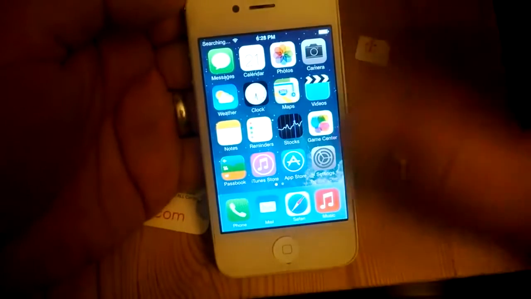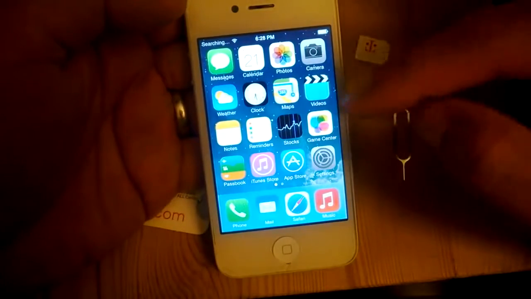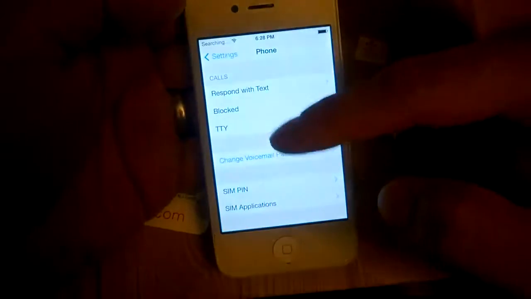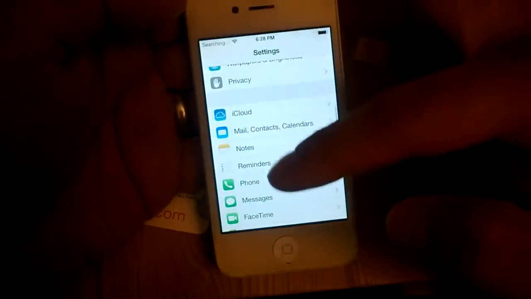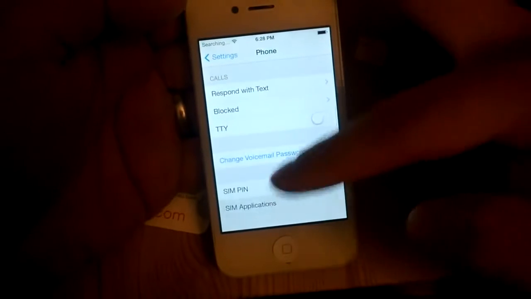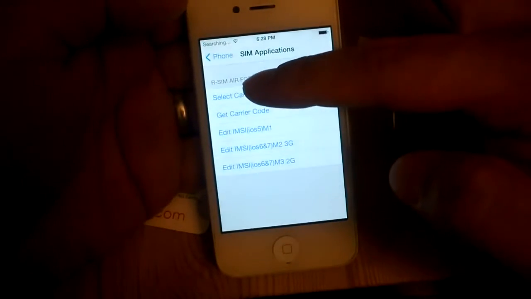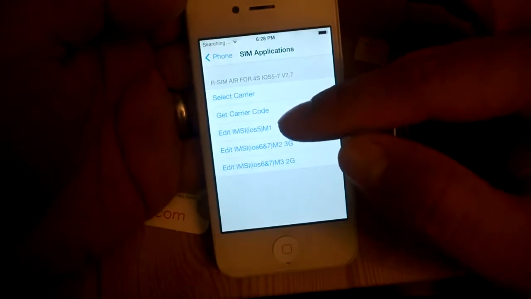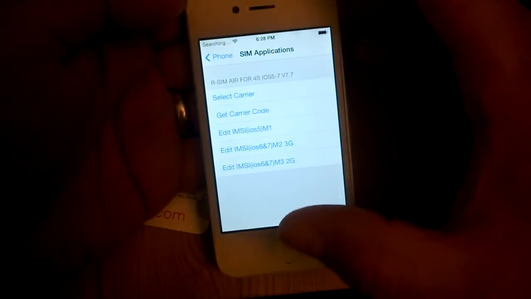So those are some tricks. Again, switching SIM cards will bring you back to that table mode select. Or if you're fast enough, you can go into settings, phone, and scroll all the way down and go to SIM applications and choose select carrier. This whole IMSI code you can enter in if you have it, and